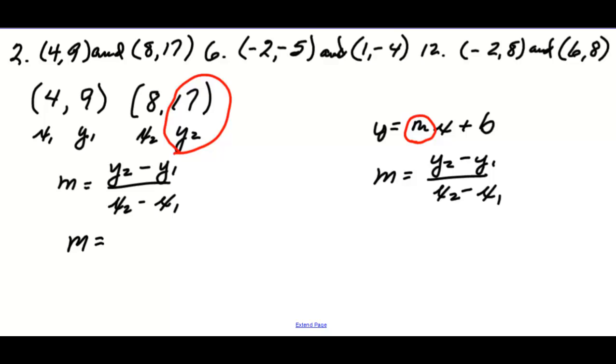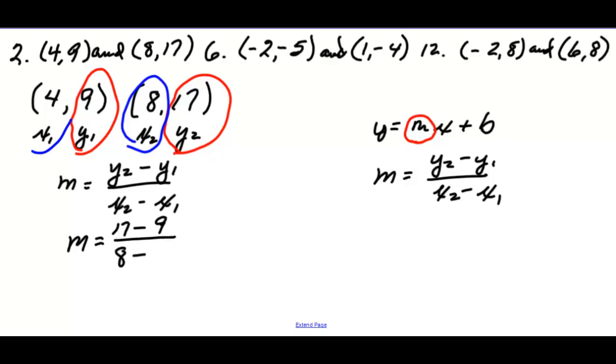So we put in 17 minus, and y1 happens to be right there. So we put in minus 9 over, and now x2 happens to be this value right here. So we're going to the second set of numbers first in order to plug this in correctly. 8 minus, and then of course x1 is right here,